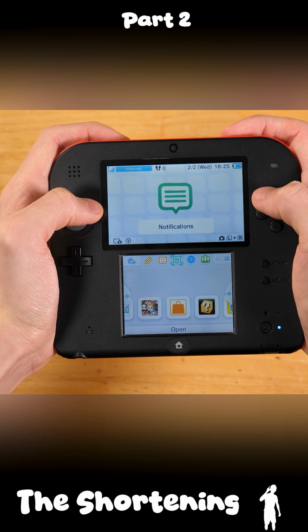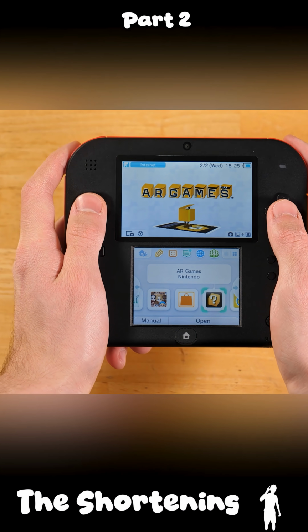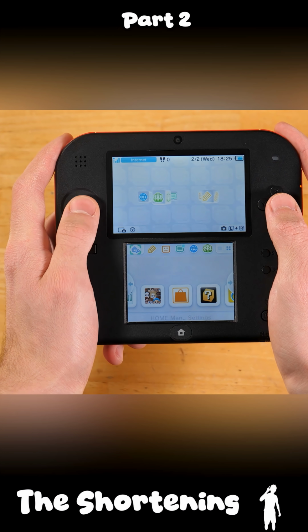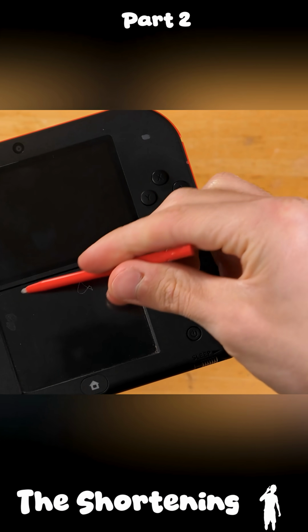Either leave my palms hanging by the sides with my fingers wrapped around the top, or my palms holding it by the base and my fingers stretching out to the shoulder buttons. It's not completely unbearable, but the lack of definition leaves it feeling flat and awkward to use for long play sessions. In regards to everything else about the console, it's got a stylus more akin to the one on the